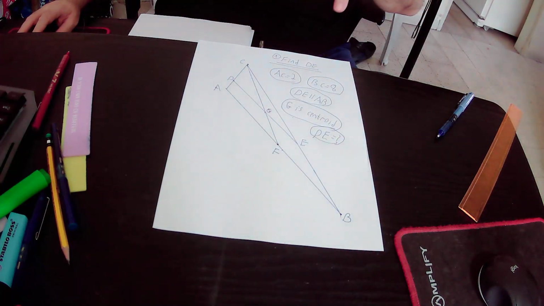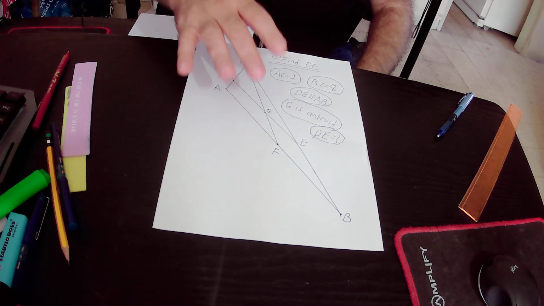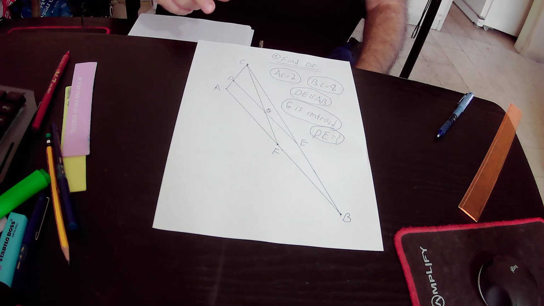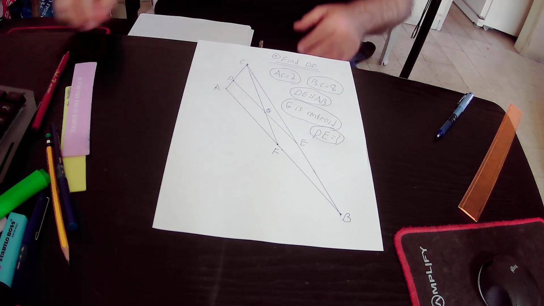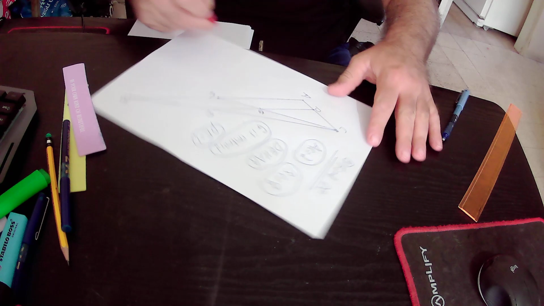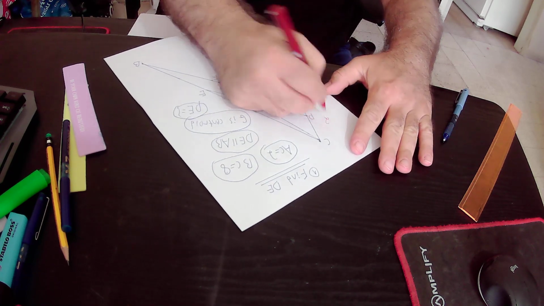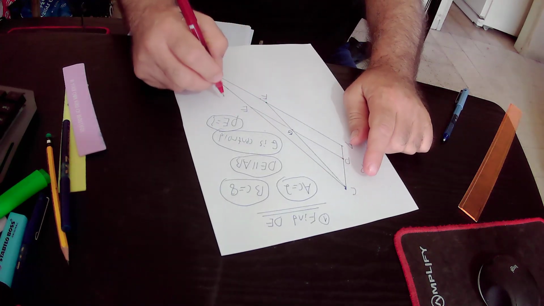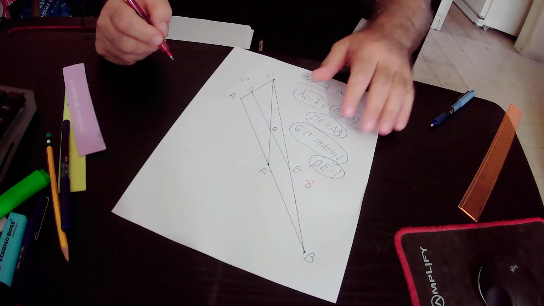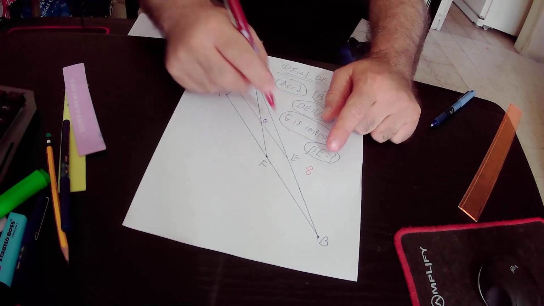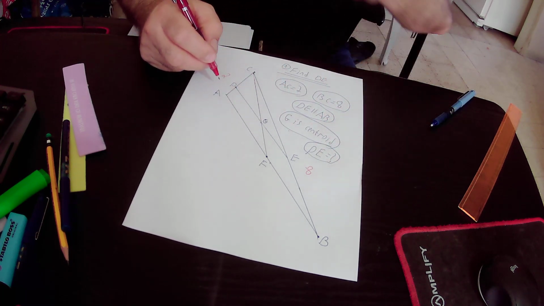Hello, in this lecture we will find the value of DE. In the drawing we have triangle ABC. We know that CA equals 2 units and BC equals 8 units, and we also know that DE is parallel to AB,